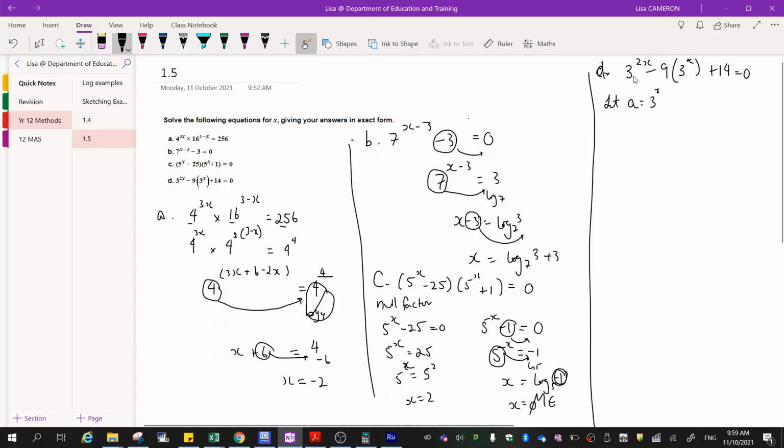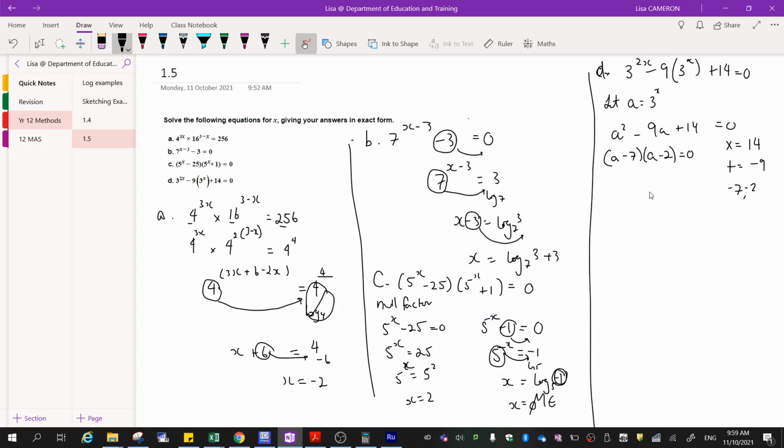Now, when I replace that in this first section, that'll give me a squared minus 9a plus 14 is equal to 0. So using that, I can now look for my factors that'll make this true. It's looking for two numbers that multiply to give me 14 and add to give me -9. So my factors of 14 are 7 and 2. If I make them both negative, they'll add to give me -9 and they'll multiply to give me positive 14. So I'm going to replace that in the brackets,